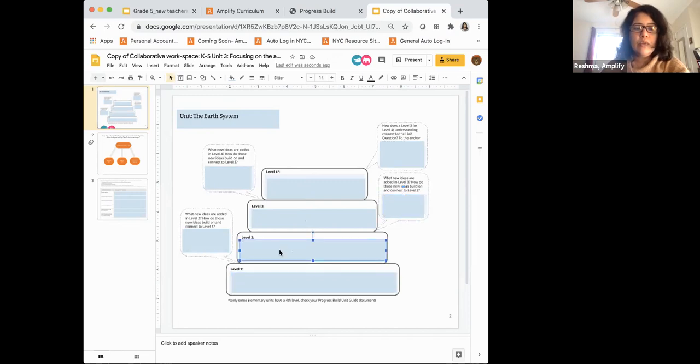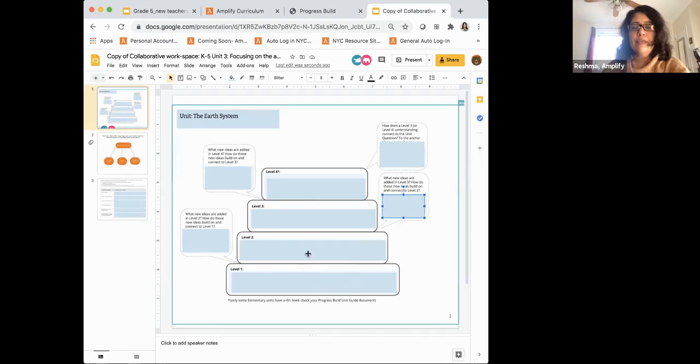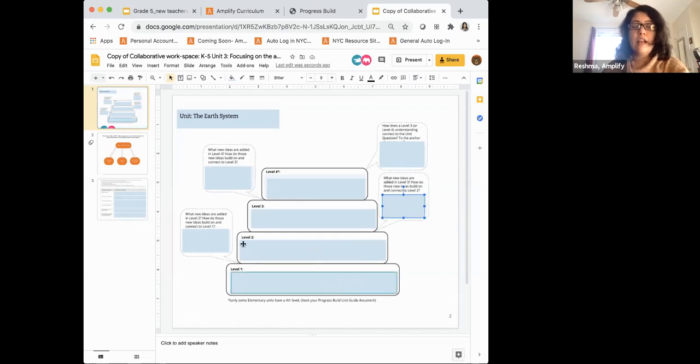So go ahead and choose a progress build level, summarize it in your own words, and since it is a small group, tackle one of these as well. What's important about the progress build to note is that it's cumulative, that ideas in previous levels are refined and revisited in subsequent levels. So really understanding what new ideas are added and how those new ideas connect to the previous level is also